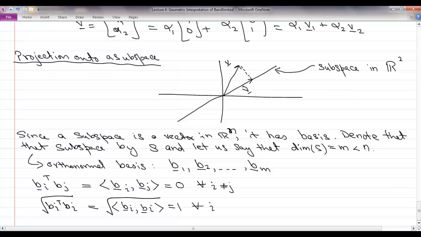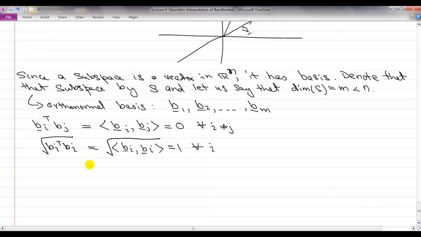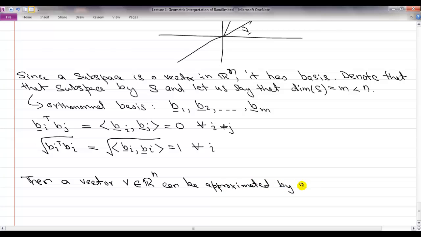The closed form expression for that in this case is simply: a vector V in Rn can be approximated by a point on S, as you write it, V hat, and the way it is computed is